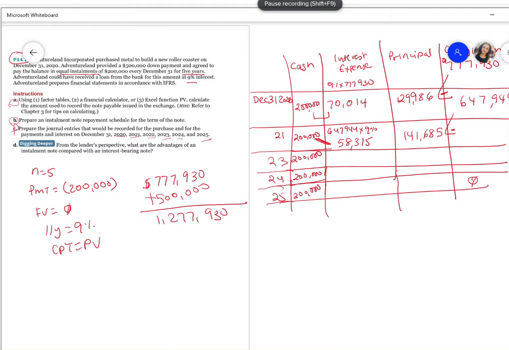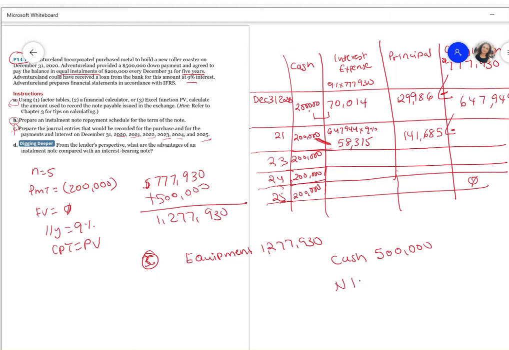So our first entry is for the purchase. So when we purchase, and this is your C, when we purchase an equipment, what did we do? We got an equipment, so your equipment is a debit. How much is the debit? 1,277,930. From there we paid cash, which is your down payment, which is going to be your credit, and then